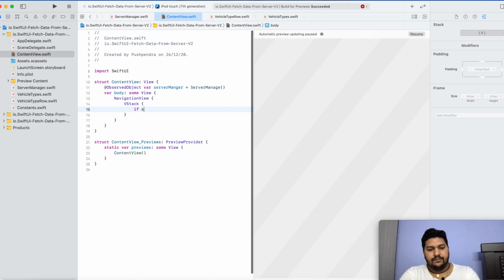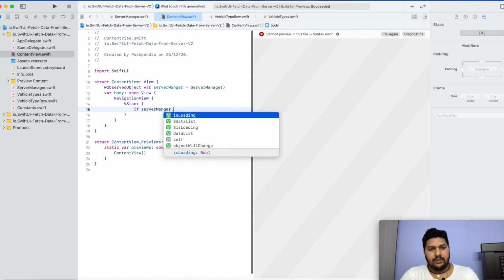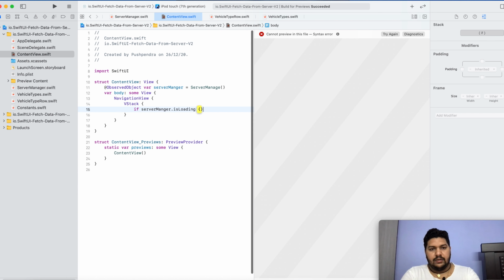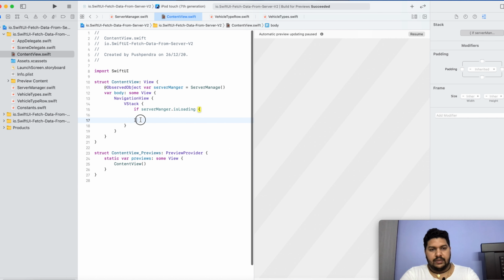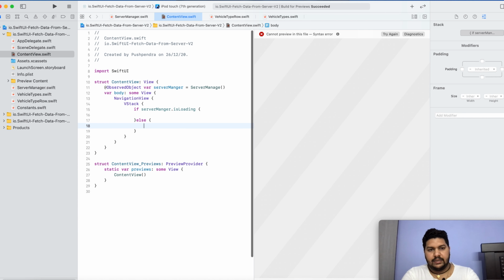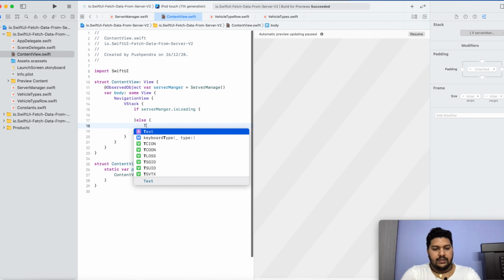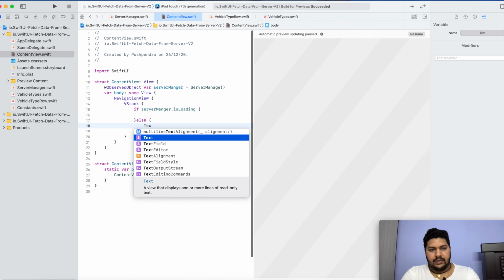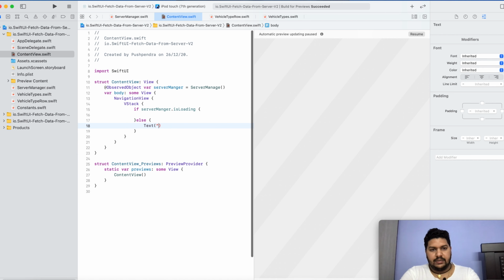Now, if serverManager.isLoading is false or true, then we have to show our list, otherwise we have to show this text, and this will be